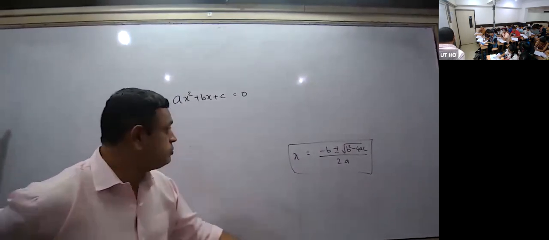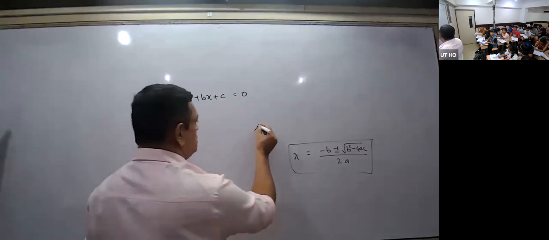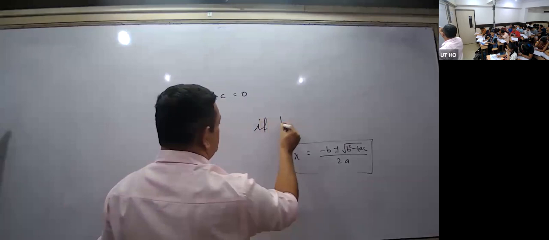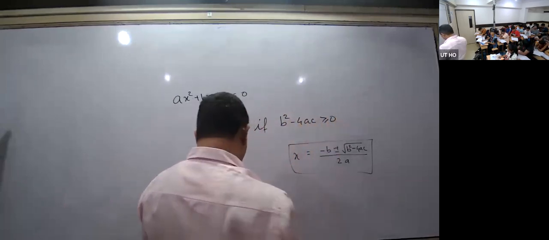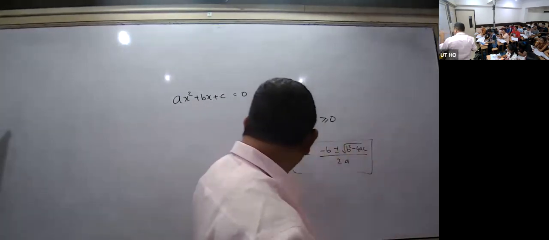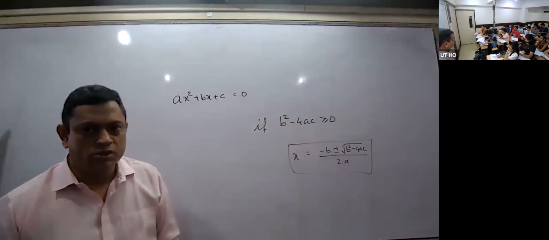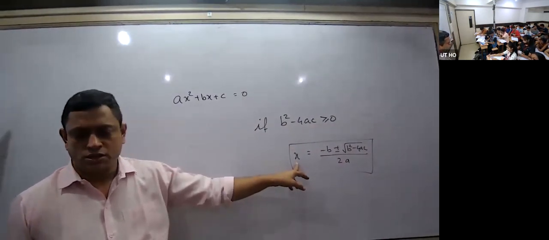Below, write: if b square minus 4ac is greater than or equal to 0,